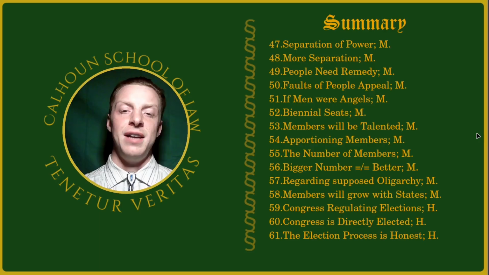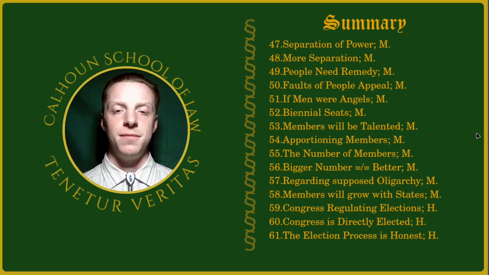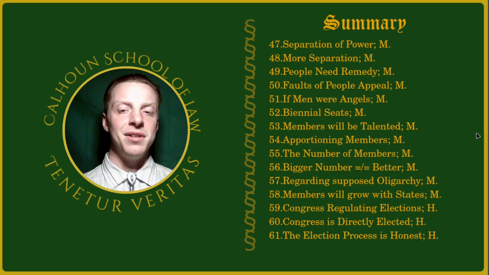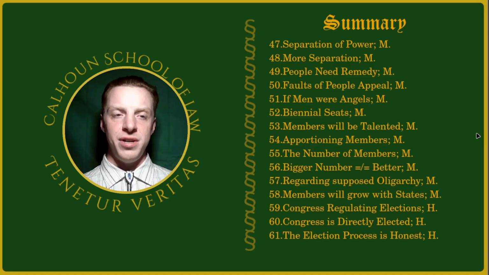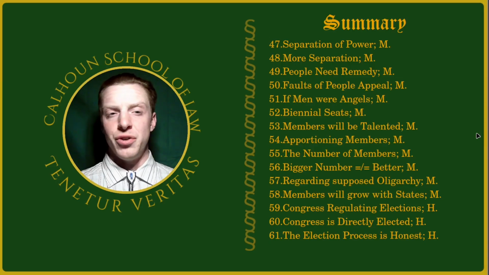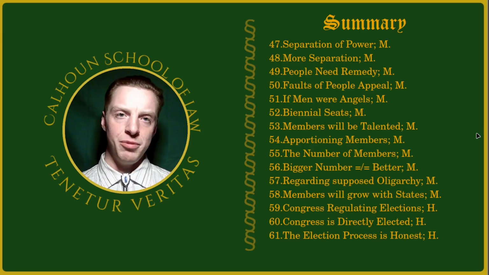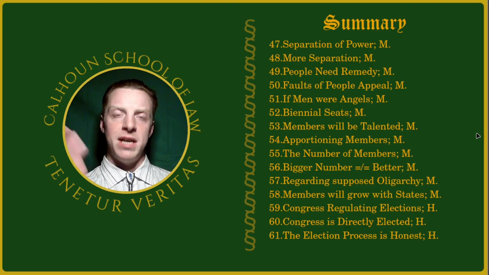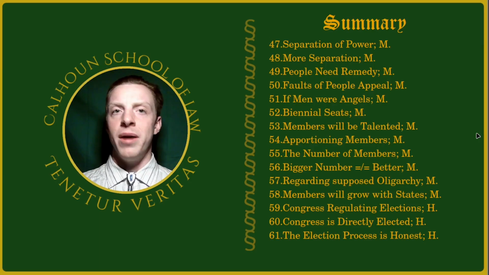Number 56, he says, really, the bigger the number, so he's talking about the ratio of representative to populace, and he says the reason the bigger number doesn't necessarily provide for better representation is because the more delegates, the more representatives, the more diluted the debate becomes, because the more input, the more voices you have. So sure, you may have your individualized, specialized self-interest as a delegate in the convention or as a delegate in Congress, but he's one among 3,000 now.